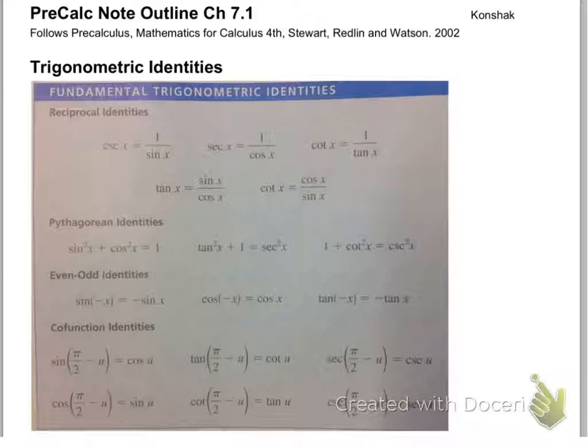The reason they are the same is because of cofunctions. Notice that the cofunction is 90 minus your angle, or pi over 2 minus your angle. So that means if you let u equal 60, or pi over 3,